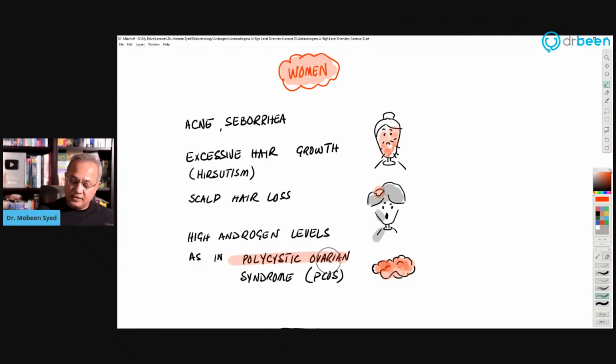For example, in polycystic ovarian syndrome, where the ovaries and the estrogen levels are just high enough that the ovary is going in higher growth patterns as well for their ova, and that is polycystic ovarian syndrome. So these are the indications in which